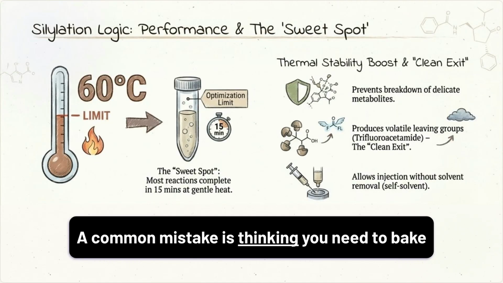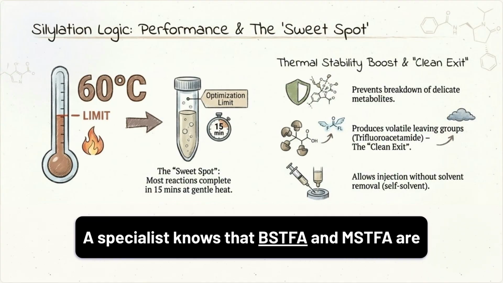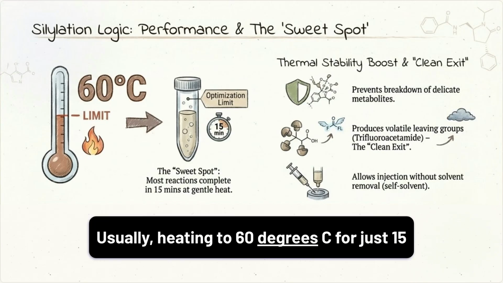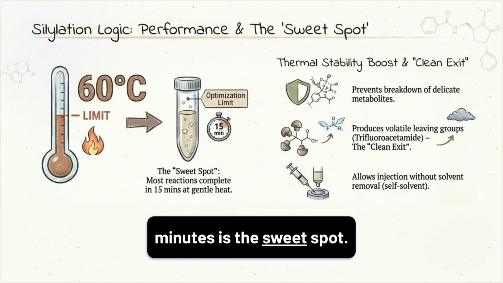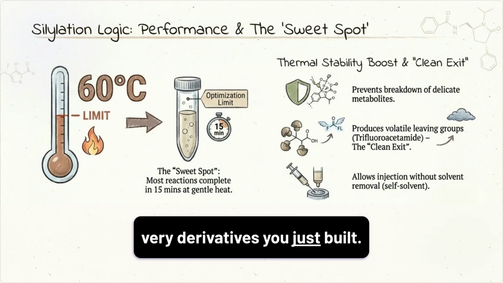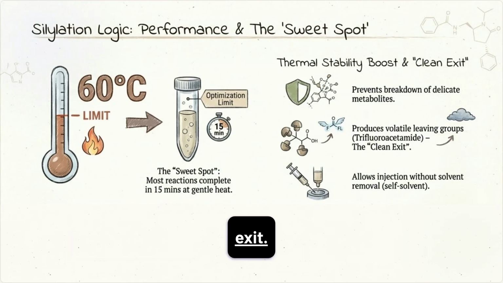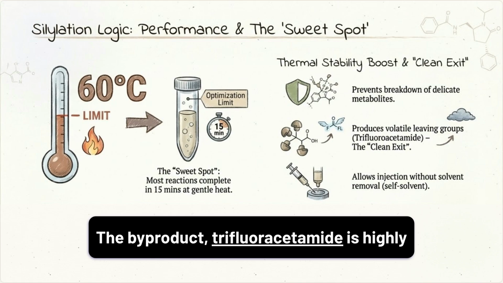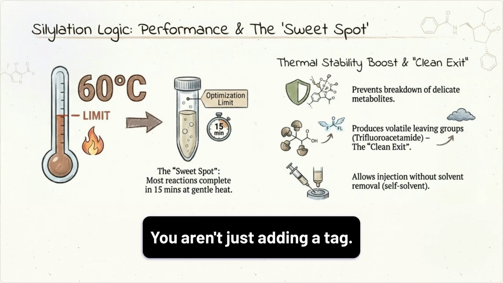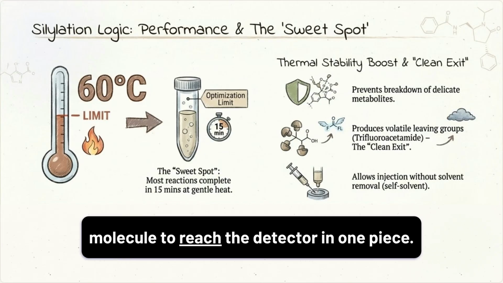A common mistake is thinking you need to bake these reactions for hours. A specialist knows that BSTFA and MSTFA are fast. Usually, heating to 60 degrees C for just 15 minutes is the sweet spot. If you go over this, you risk breaking down the very derivatives you just built. The beauty of reagents like BSTFA is the clean exit. The byproduct, trifluoroacetamide, is highly volatile and won't interfere with your early eluting peaks. You aren't just adding a tag, you are architecting a cleaner journey for the molecule to reach the detector in